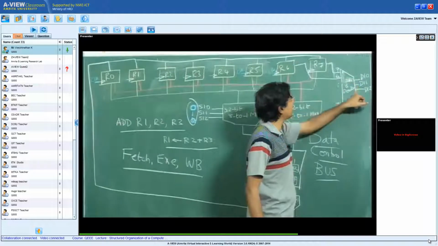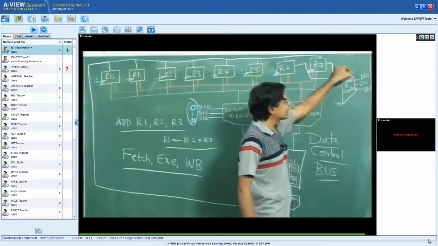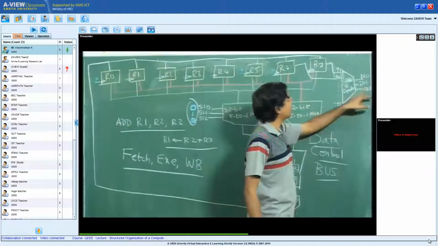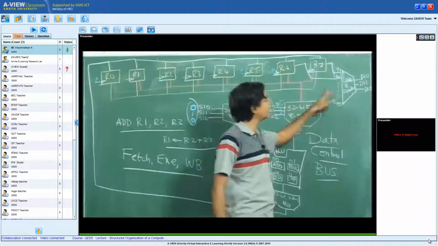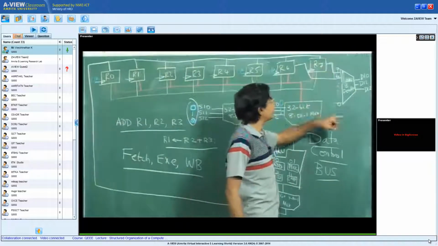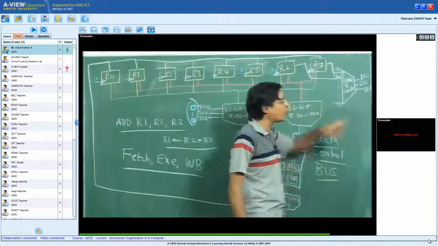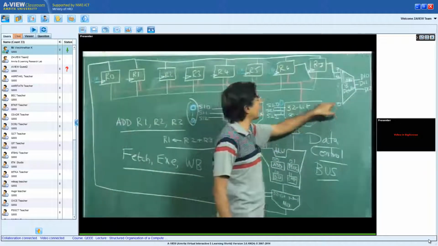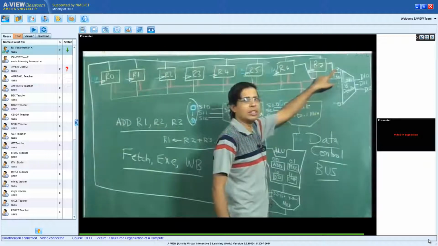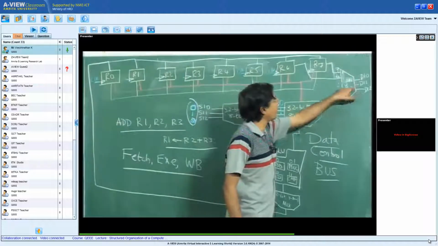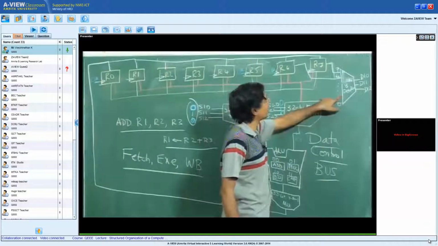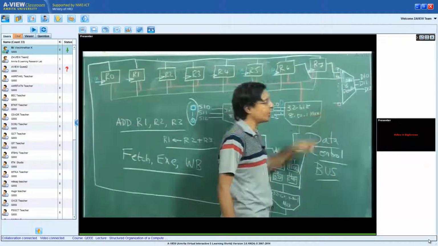If I have 3 inputs and 8 outputs numbered 0 to 7, and I give a decimal k as an input, the kth line will be 1 and the remaining lines will be zeros. For example, if I give 0, 0, 0, which is equivalent to decimal 0, the 0th line will be 1 and all the remaining lines will be 0. If I give 0, 1, 0, that is equivalent to decimal 2, line number 2 will be 1 and the remaining lines will be 0.